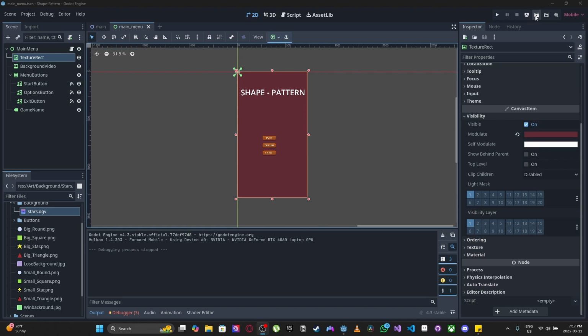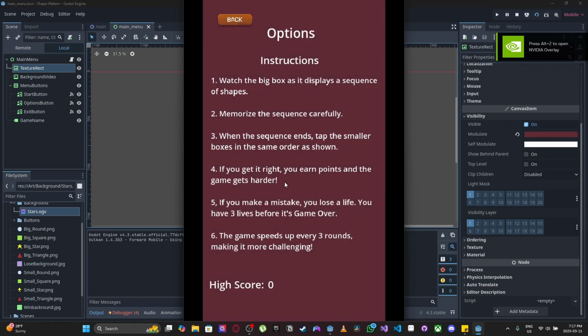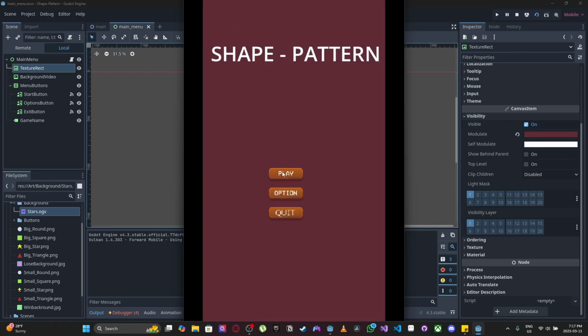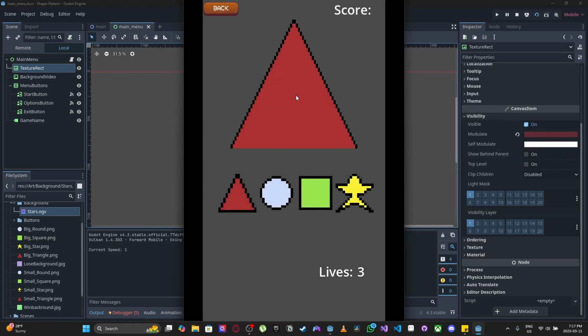When we play the game, we have our play button, options, quit, and our name react button here. When you press the options menu, it has the instructions on how to play the game and it has a high score. When you go back, you play the game, it shows various shapes here and you have to memorize